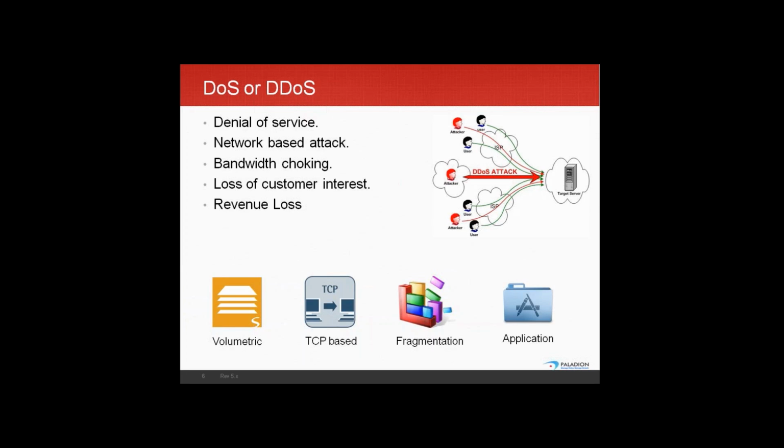And the fourth type of attack is an application-based attack. These attempt to overwhelm a specific aspect of an application or a service, thereby leveraging the congestion in the traffic and hence doing the attack. That's more or less how broadly we can classify the denial of service or DDoS attacks.